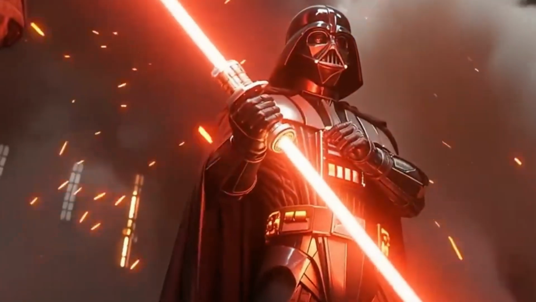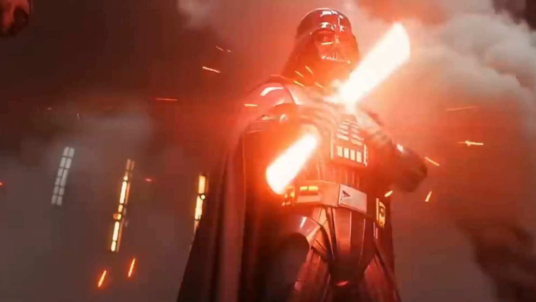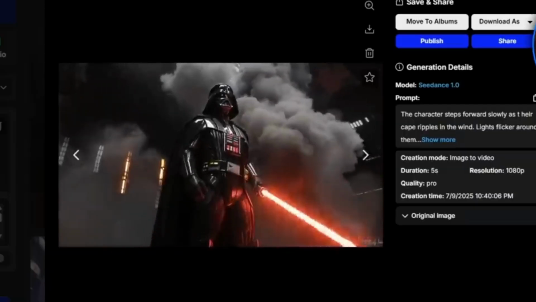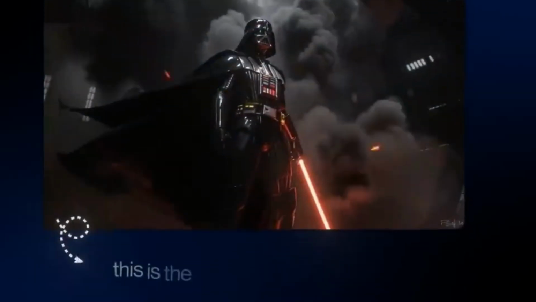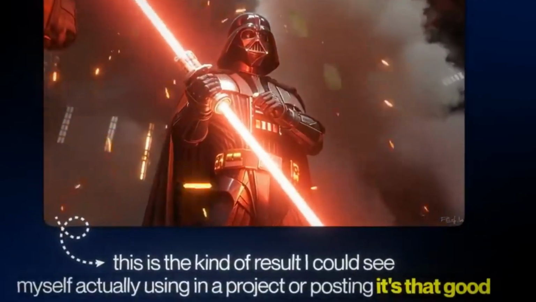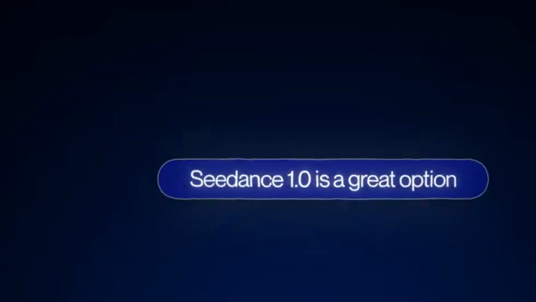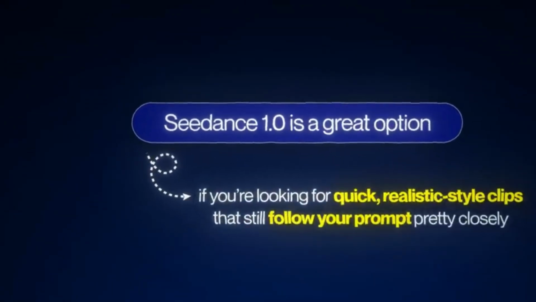The environment is impressive too, with background characters and those iron structures actually moving, which adds a lot of life to the scene. Darth Vader looks spot on, especially the cape animation, the lightsaber glow, and the surrounding fog. Honestly, this is the kind of result I could see myself actually using in a project or posting. It's that good. Seedance 1.0 is a great option if you're looking for quick, realistic style clips that still follow